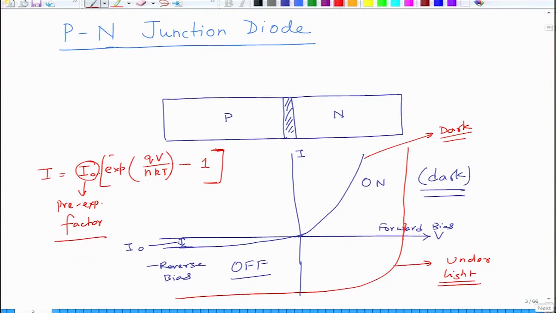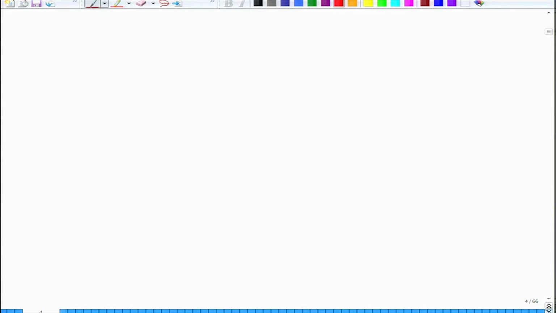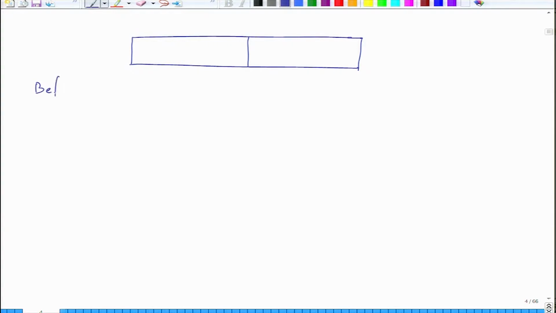So, we will see how we get to it. Okay. Now, let us see first what a PN junction is. So, if we say that we have a PN junction like this, this is before you have made a contact. Before contact,